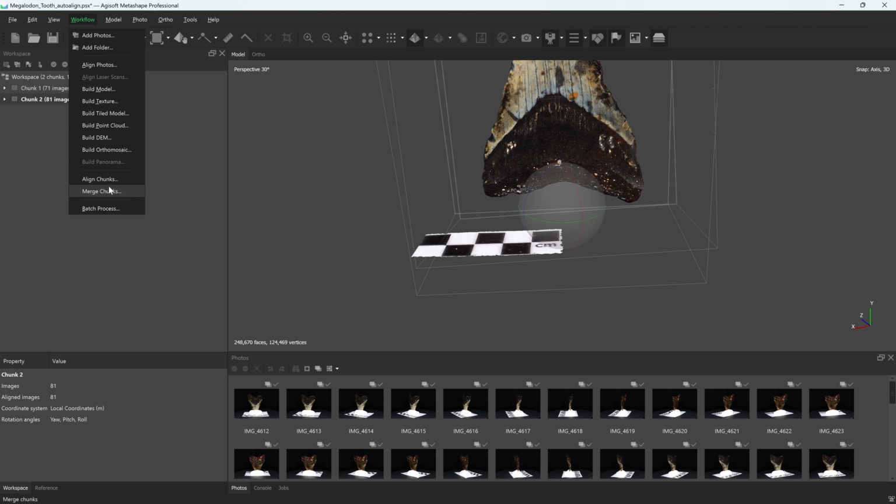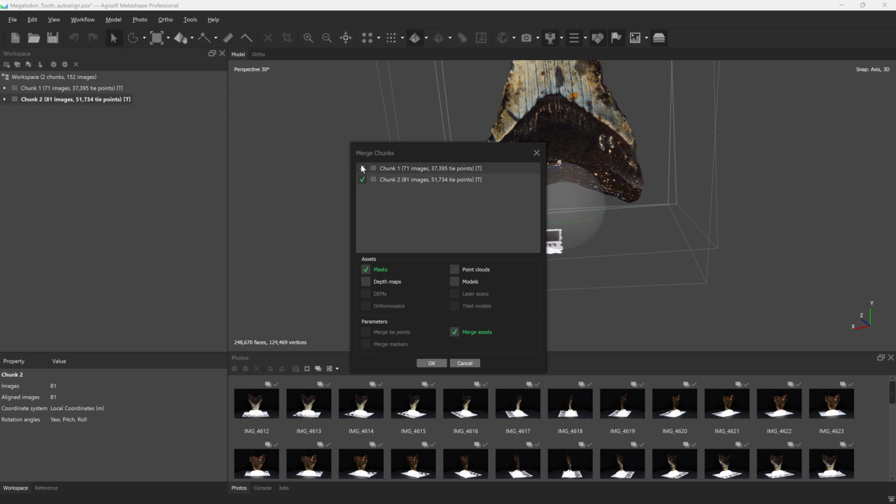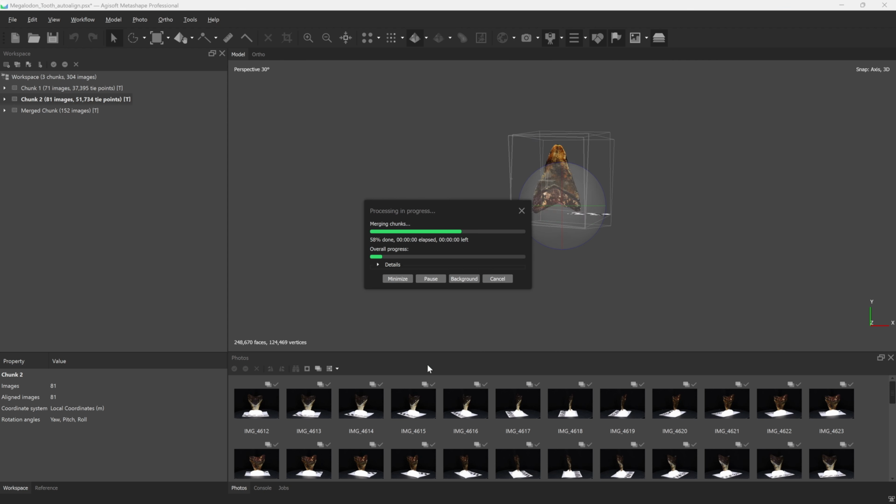So now we just go to workflow, merge chunks. We want to make sure we select both chunks. We definitely want the models. We'll take the depth maps and point clouds. We'll take everything, make sure click merge assets is here as well, and click OK. And then what that'll do is it'll bring all the assets into